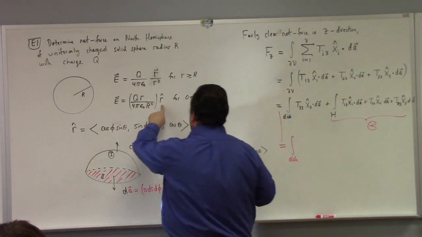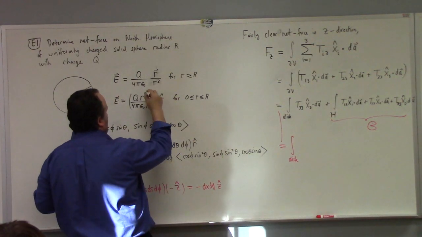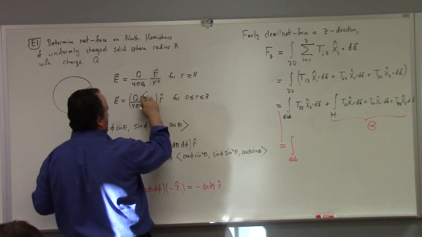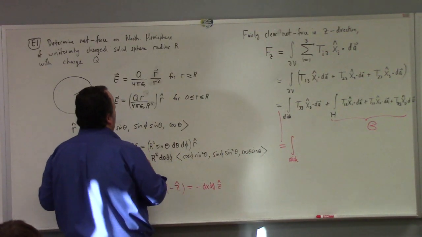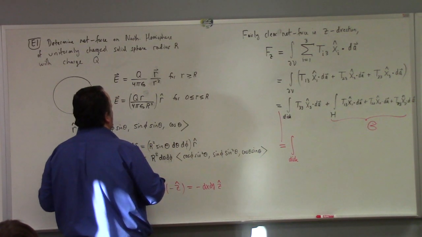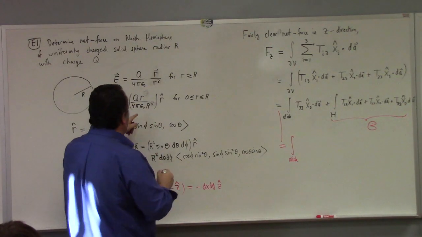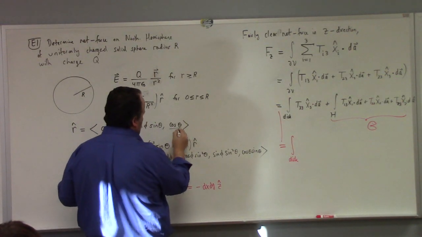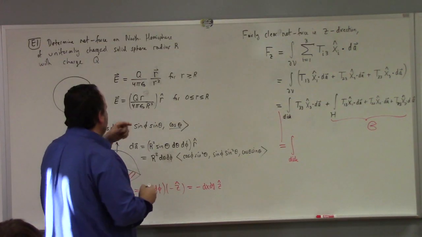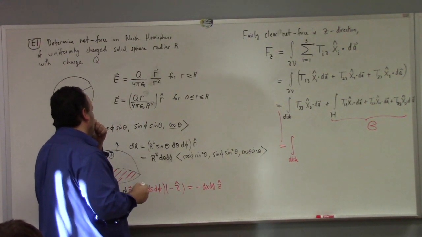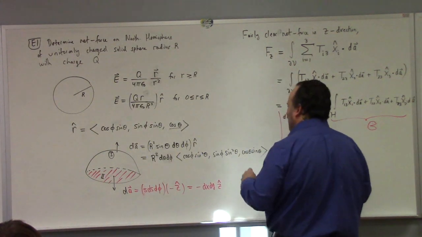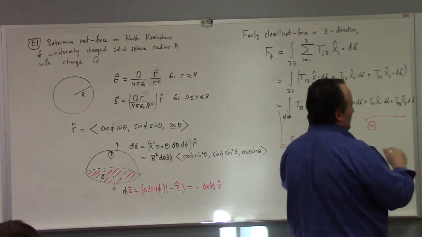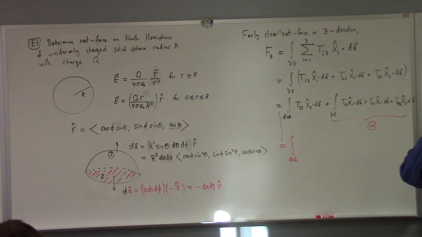I can rewrite this as r squared. No. Oh, that's not good. Yeah, you're right. So let me just do, thank you. So I can just use that, right? I mean, that's the r hat. Well, okay, but fair enough. Oh, I keep losing the annoying thing is T33 is